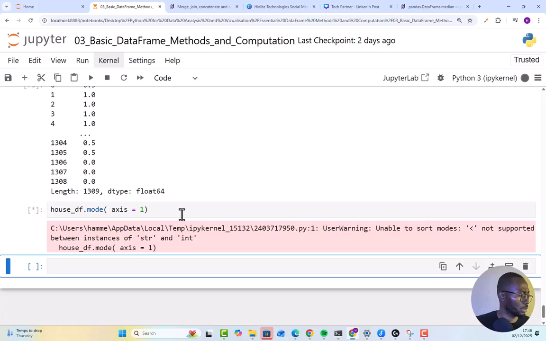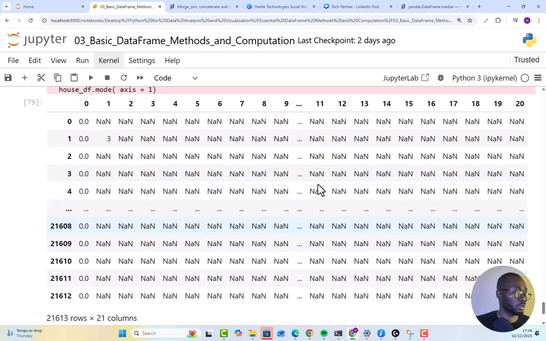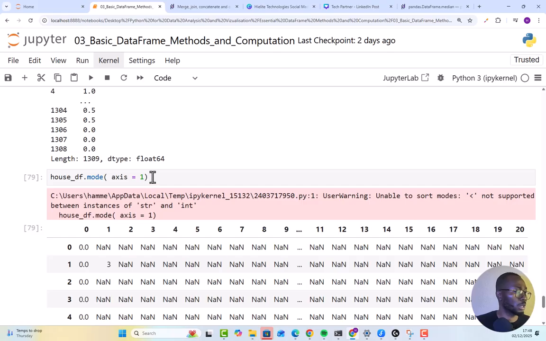Okay, it said instance of string. What exactly is going on? We still have a lot of this, it's giving us so many errors. Anyways,